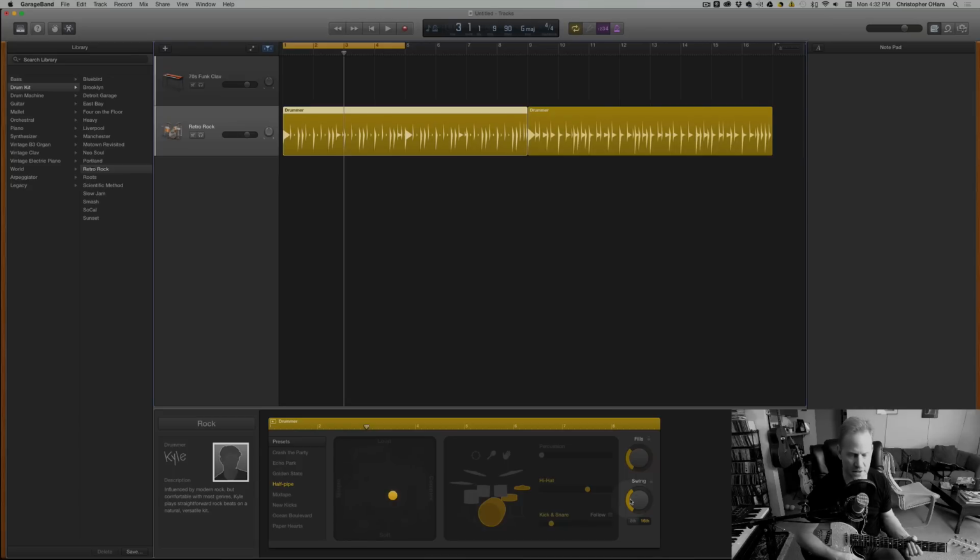Now here's a 16th note. Here it is, just a straight up 1 e and a 2 e and a 3 e and a 4. That's what they would call a straight 16th note, meaning everything is the same value. Every note length is the same. Now when you start adding this swing to it,